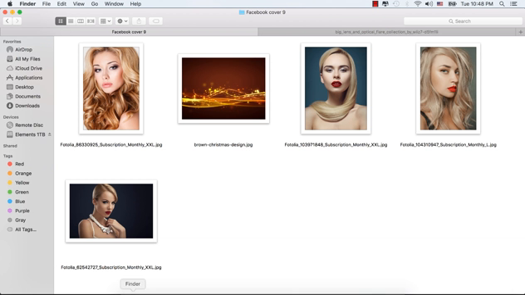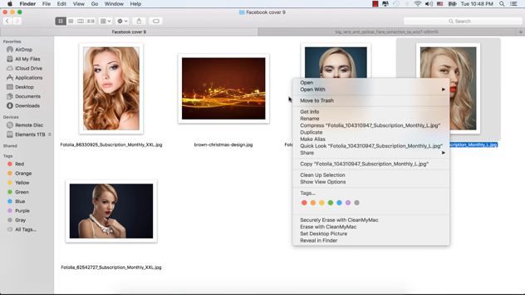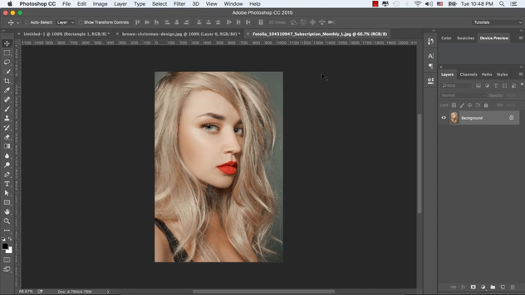Now let's select rectangle 1 and bring an image from the image folder.